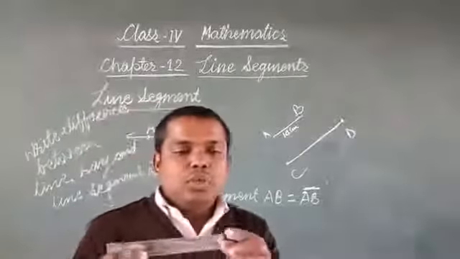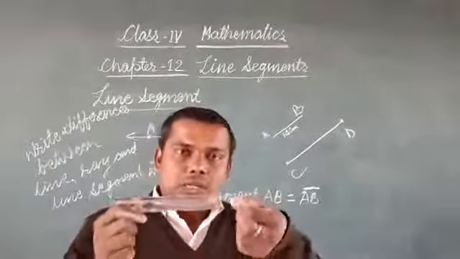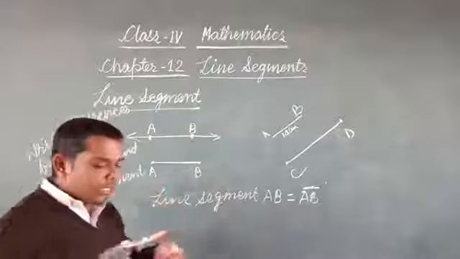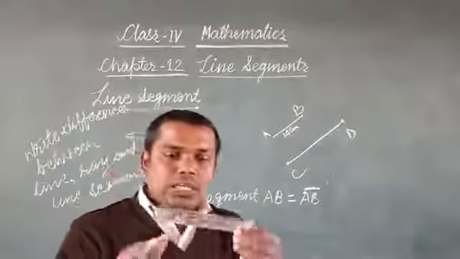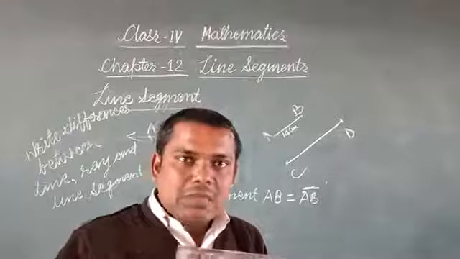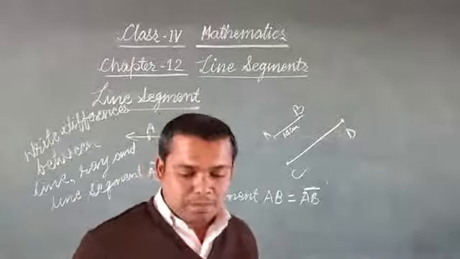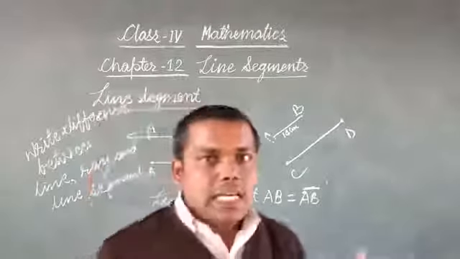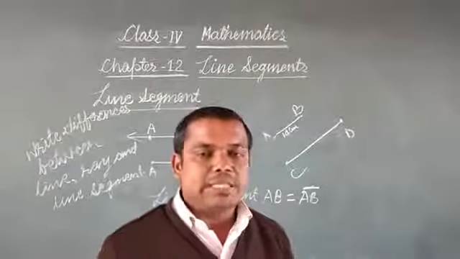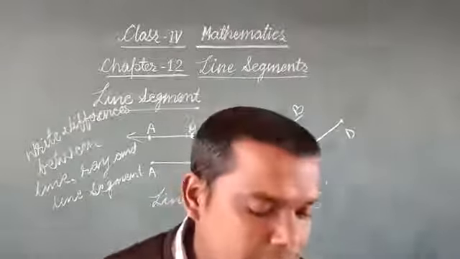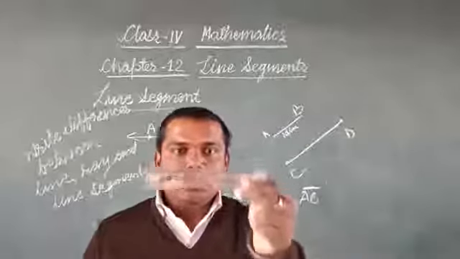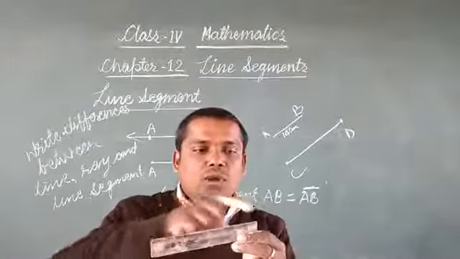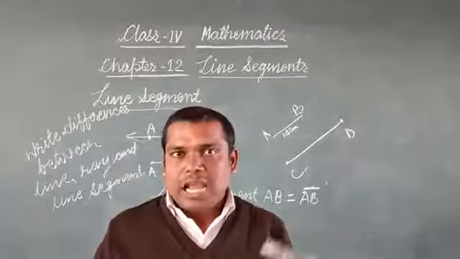Like that you will keep the 0 mark of the ruler at one end. As you know it has 2 end points. So at one end you keep the 0 mark and you look at where the other end is. That much is the length of the line segment. So I hope you understood how to find the length of a line segment. If it is given to construct a line segment, you can easily construct. Suppose you want to construct a 4 centimeter line segment, you will use your ruler and from 0 to 4 you reach, it will be 4 centimeter. From 0 to 6 you reach, it will be 6 centimeter and so on.